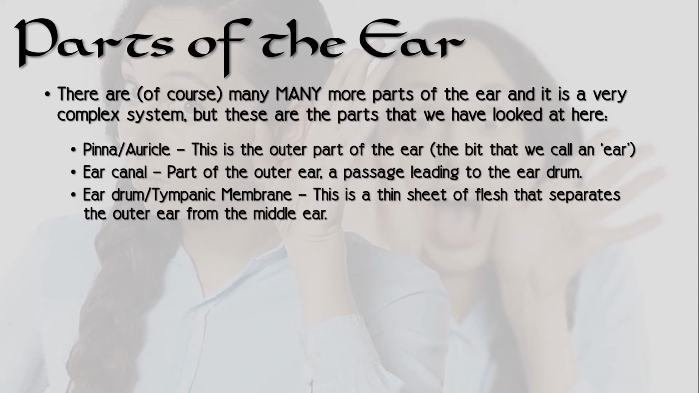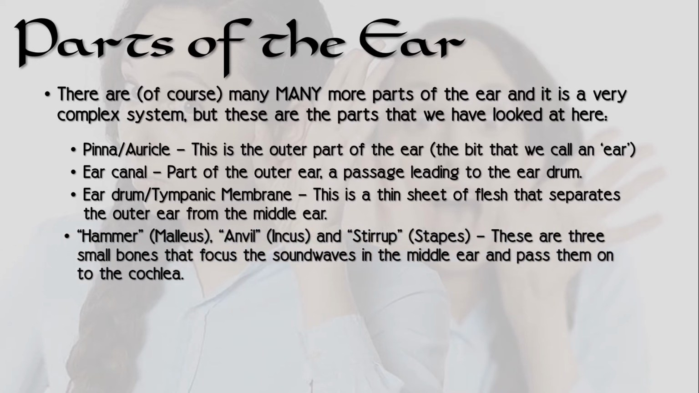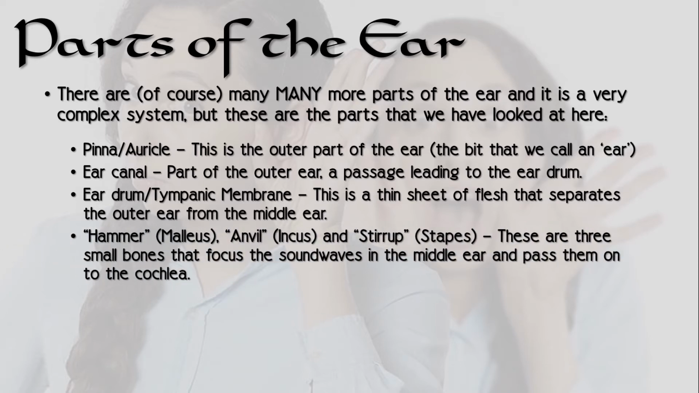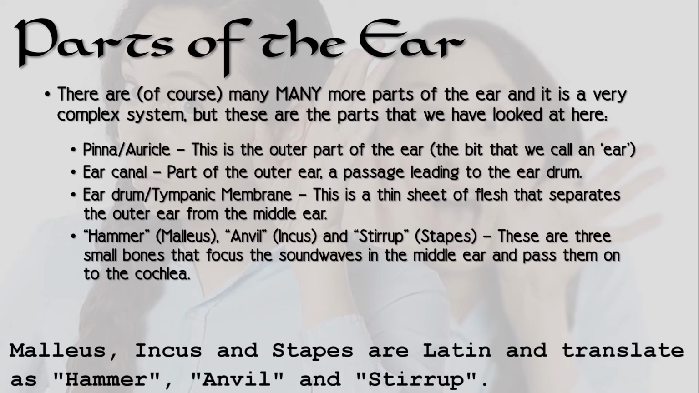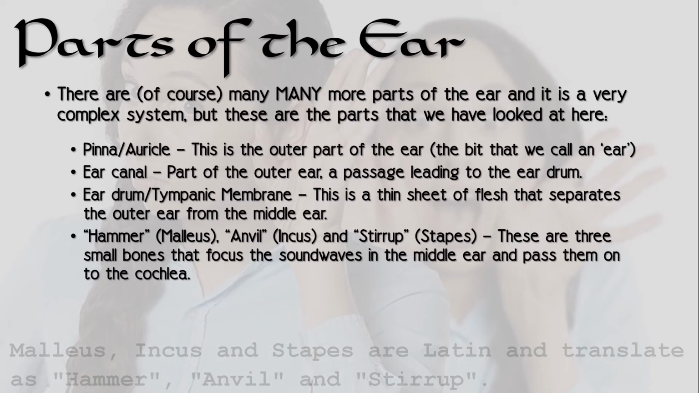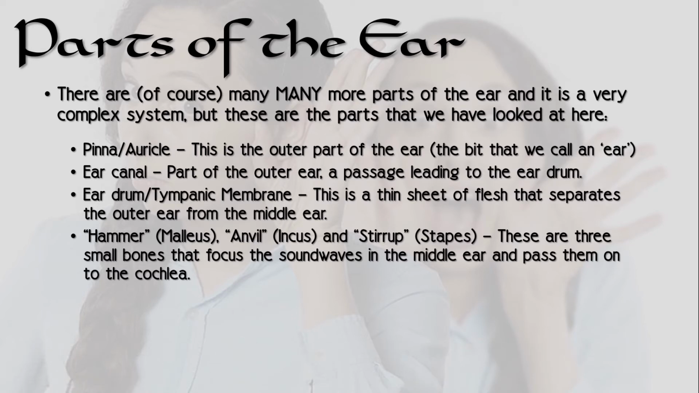The eardrum, or tympanic membrane, is a thin sheet of flesh that separates the outer ear from the middle ear, and this sheet vibrates when it is hit by compression waves. Then there are the little bones, the malleus, the hammer, the incus, the anvil, and the stapes, which is also called the stirrup. These are three tiny bones that focus the sound waves in the middle ear and pass them